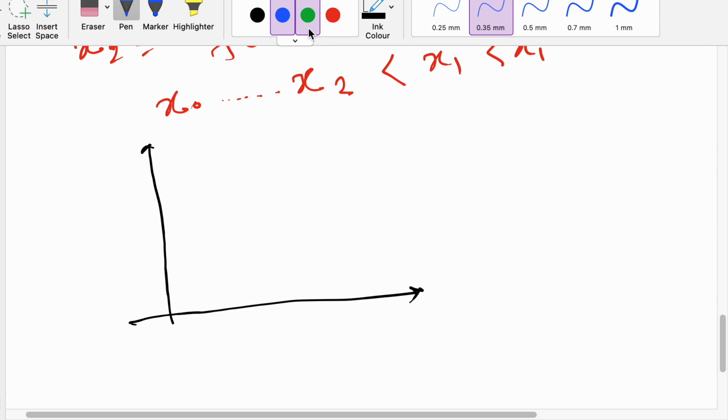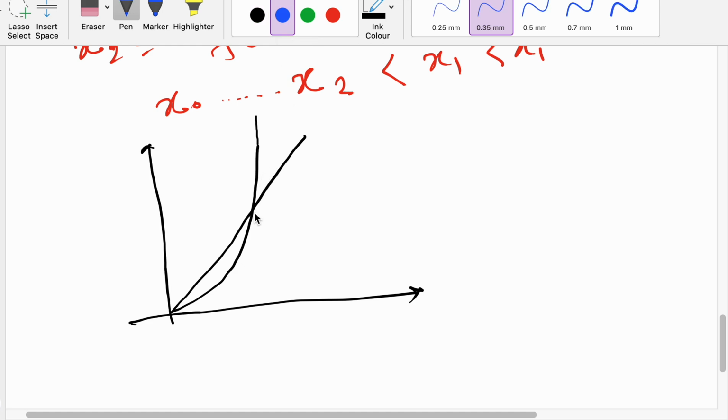So suppose it's y equal to x, and this is like that. Okay, it's too steep. Like that. Now let's see